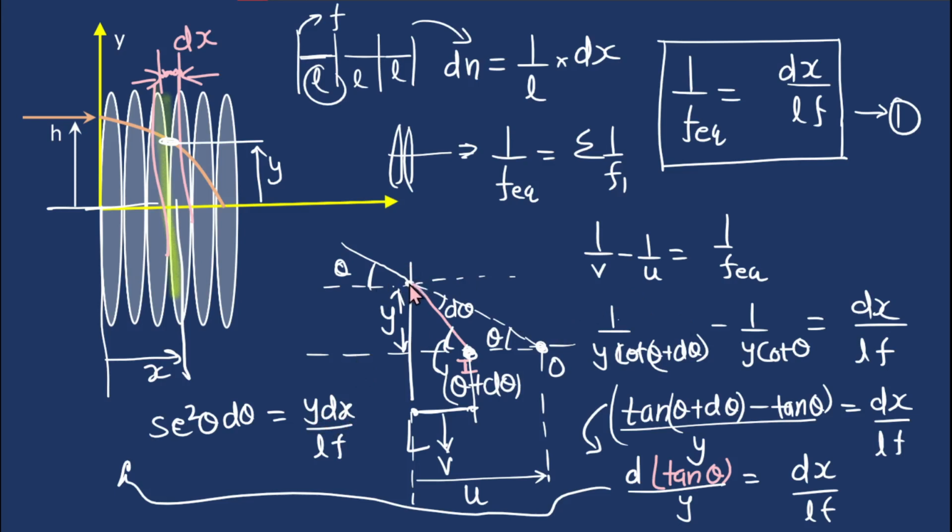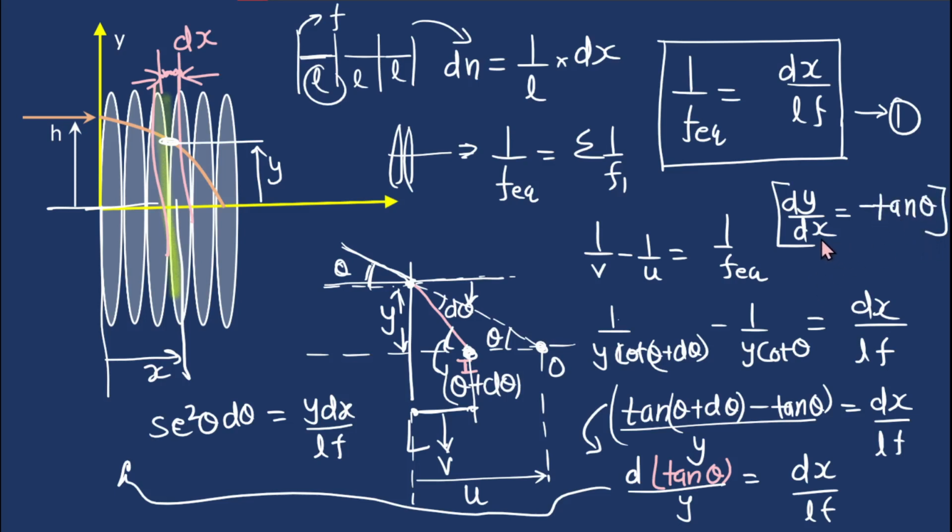Right, so this light ray at this lens position is making angle theta with the x direction, but this angle that is taken here is in the anti-clockwise direction, right? And we know that the slope of the tangent, that is dy by dx, can be written as tan theta if the angle would have been taken in the anti-clockwise direction. But since it is taken in the clockwise direction, we have to write a minus sign here. So we can write dy by dx equal to minus tan theta.